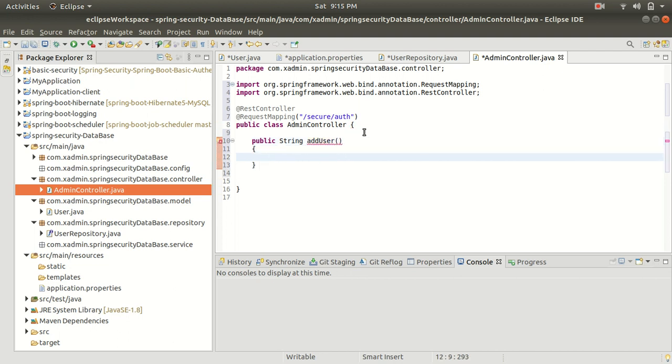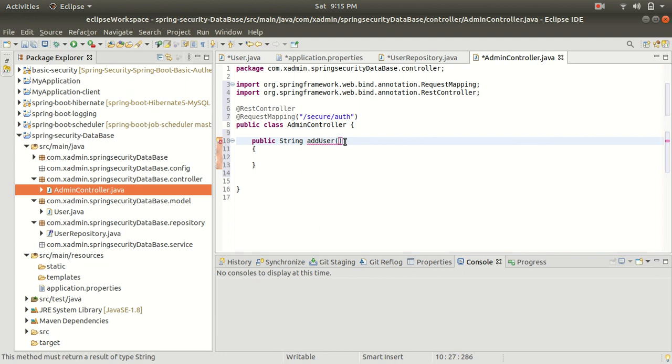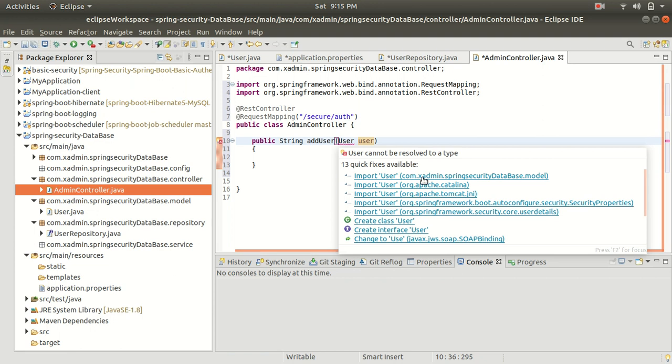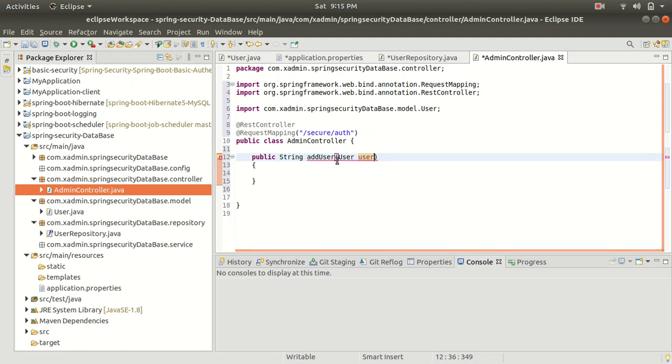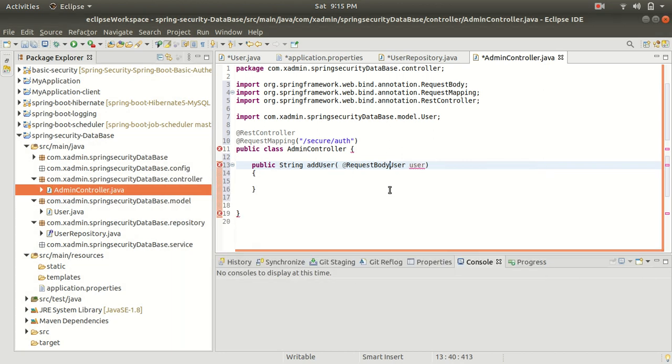So here guys, we have to take the user object from the request body. So for that guys, let's say user, so import with the correct model class, and here we will use @RequestBody to get the user object from the request.